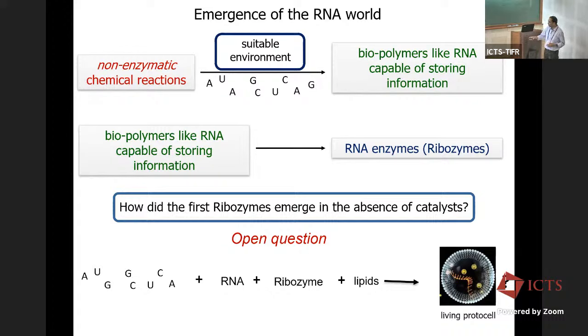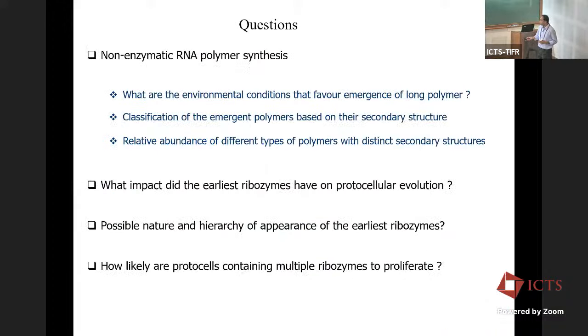So from this point, we need to go to a living protocell, which is a self-sustained chemical system, and we'll see to what extent it can be subject to Darwinian evolution. So the first question that I want to address is, starting from a bunch of RNA nucleotides, how can non-enzymatic reactions produce something as complicated as a ribozyme, which has to be a long RNA, which has a complex folded structure, and so on? And what are the environmental conditions that were necessary to favor the emergence of such long